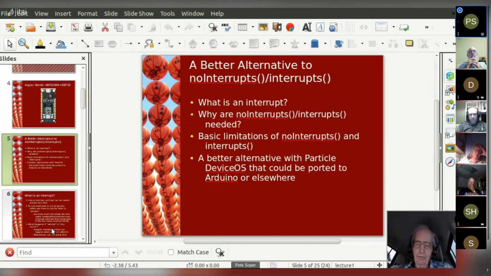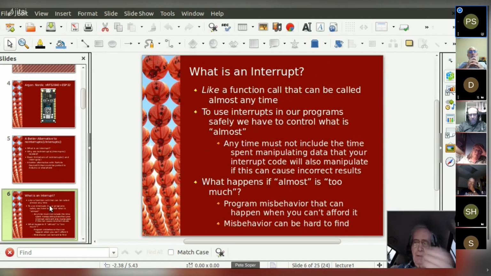What is an interrupt? The best way, I think, to think of an interrupt is like a function call that can happen anytime or almost anytime. If there's no control over whether the CPU is allowed to be interrupted, then it really is anytime.